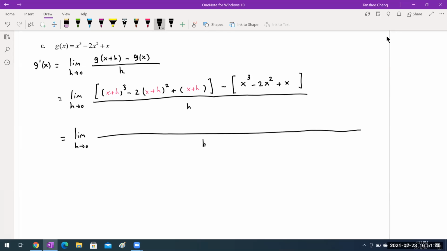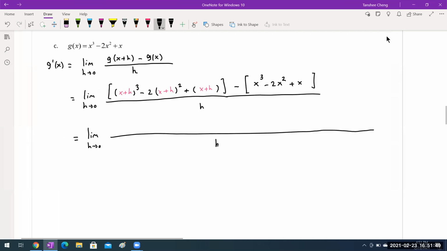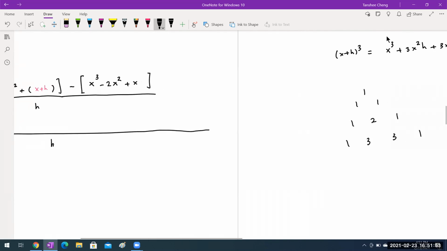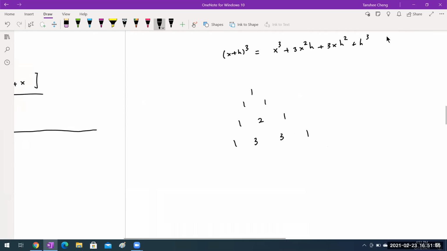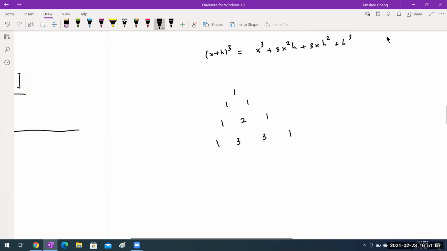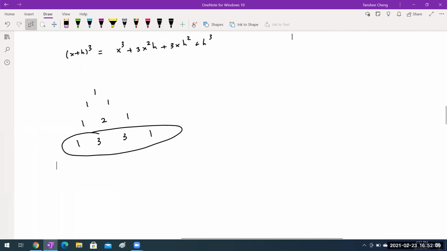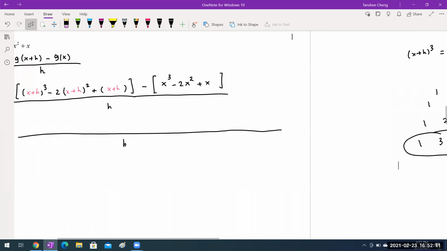So when we cube x plus h, from what we learned previously, you can FOIL it one by one, or you can use the binomial theorem to find the coefficients, or you can use Pascal's triangle to get the coefficients, because this one will be cubed. So that's where we got 1, 3, 3, 1. So now, computing this quickly, that gives us x to the third